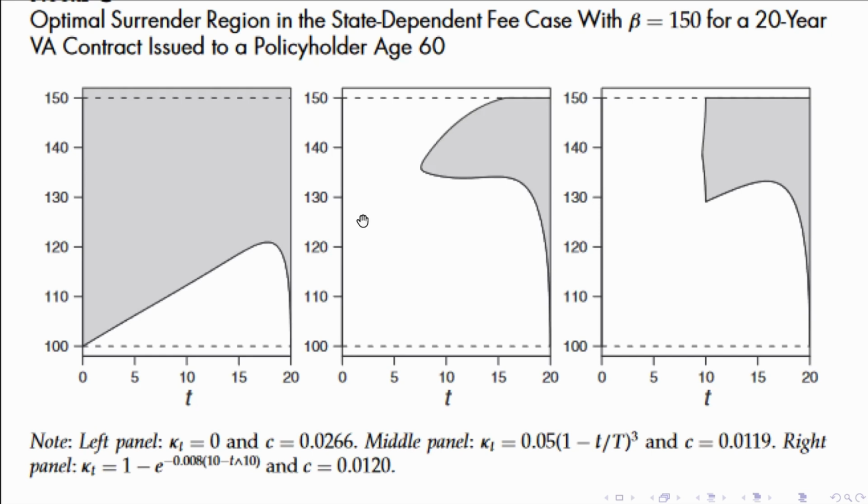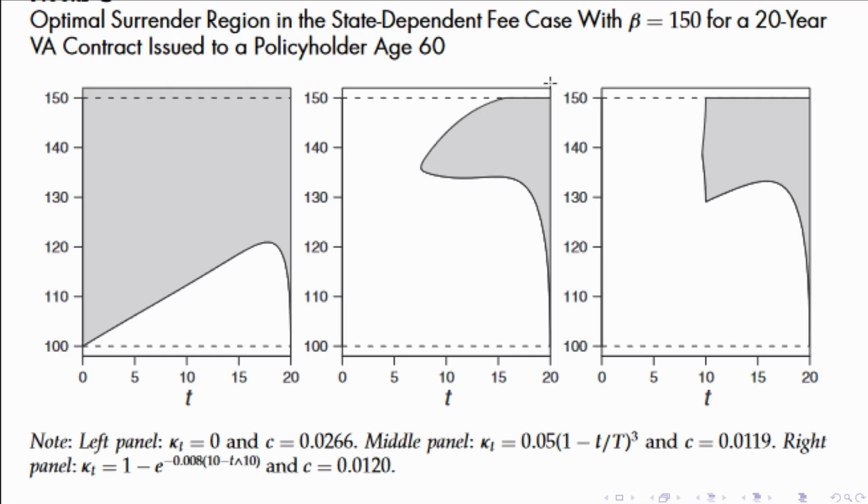So if you take the cross section here, you fix the time t, and you look at the values of the underlying investment account for which it's optimal to surrender, you see that there's an interval from 0 to 130 where it's not optimal to surrender, and then there's an interval on which it's optimal to surrender, and then there's another interval in which it's optimal to keep the contract. So if I fix time, you have this disconnected continuation region, which is not the case here. And this is so interesting on its own for just studying a bit the geometry of the surrender area,